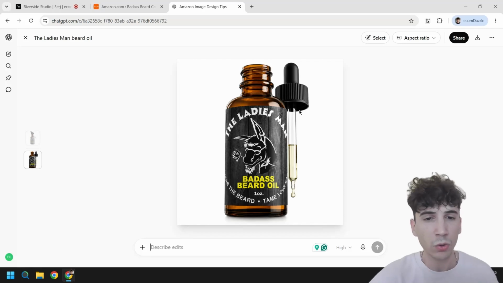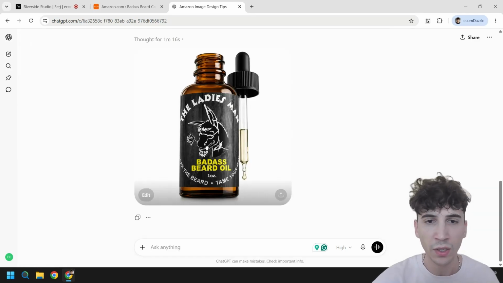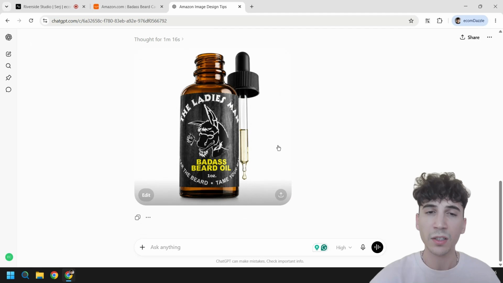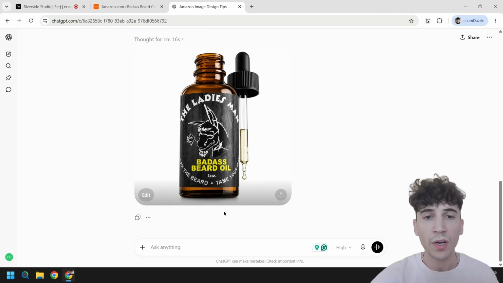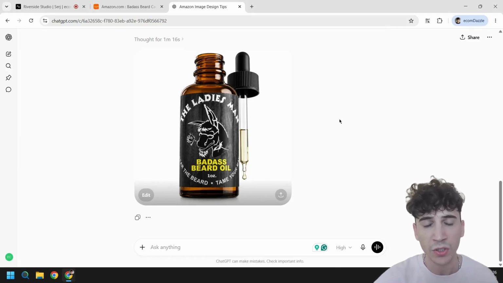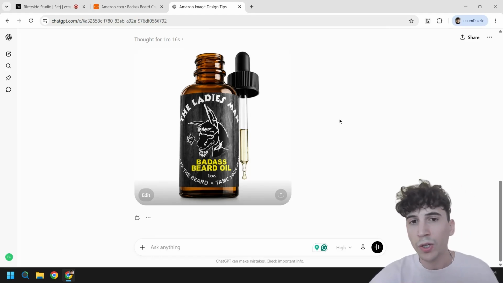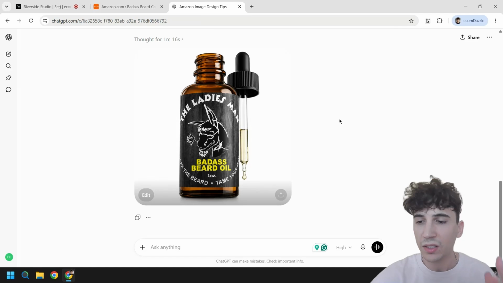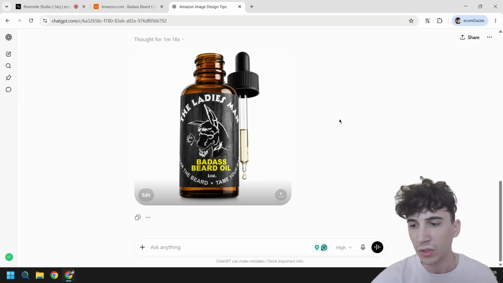But of course, you can continue adjusting and iterating this image and get it to perfection. As for the example, as for this video, I think that's good enough. And let us continue further. So now, let's say our main image is ready. What we need now is the set of secondary images. And you might ask, how exactly are we going to generate, let's say, six secondary images in 10